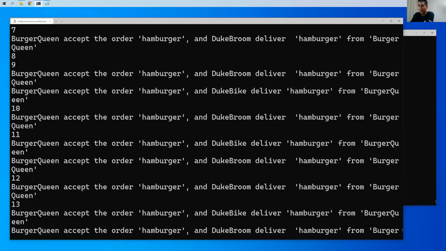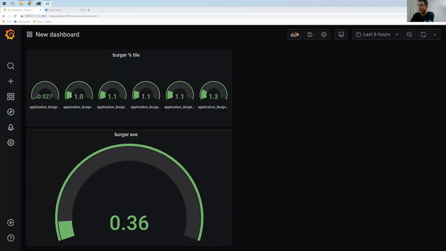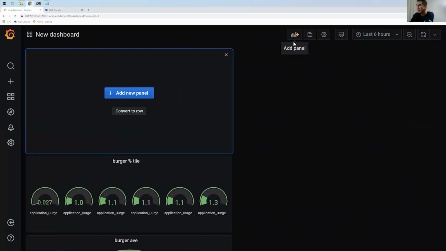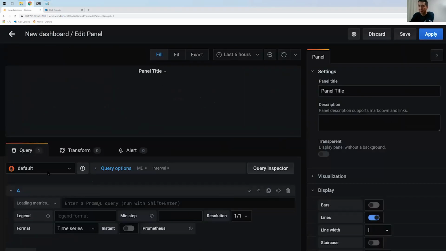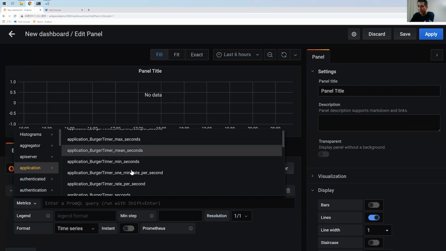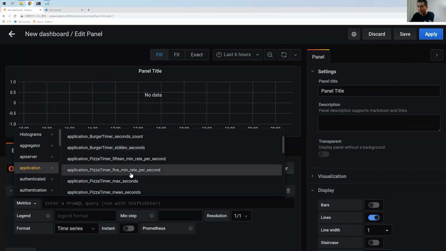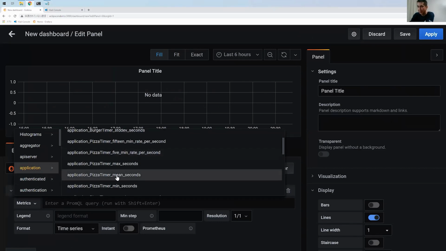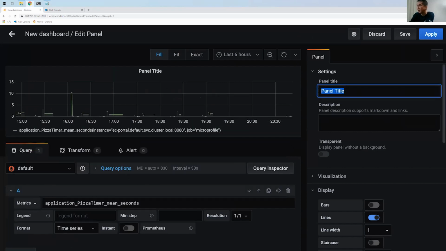Before sending requests to the system, I add another metric. So select application, and this time add the pizza metric, pizza time mean. This is the average time.